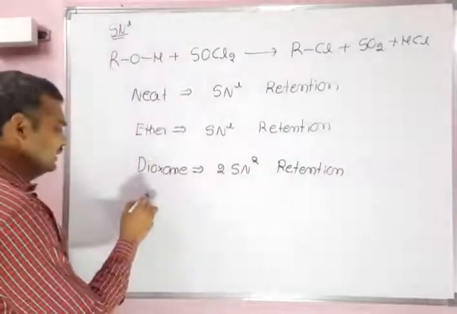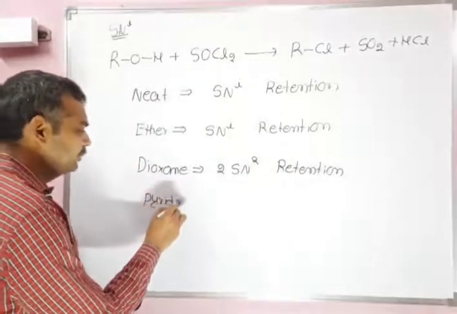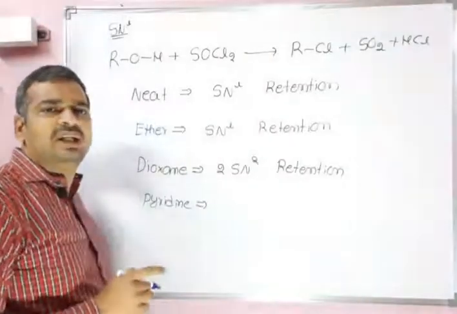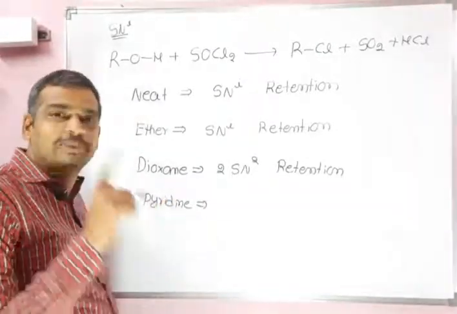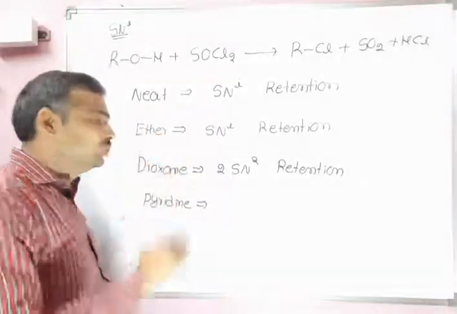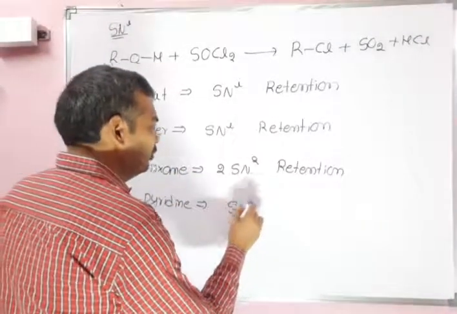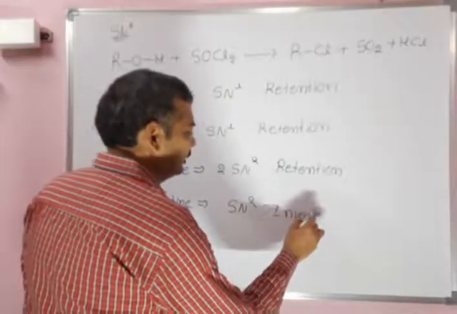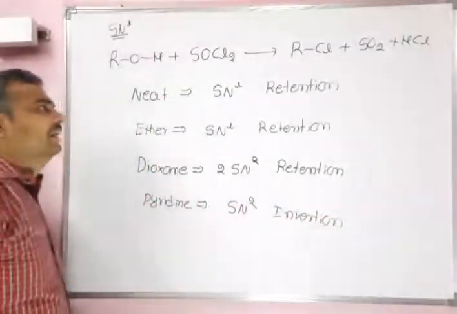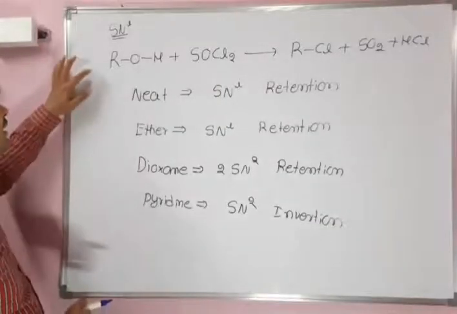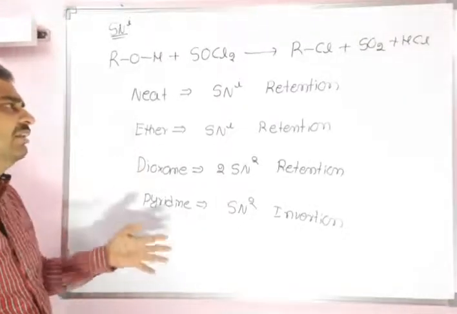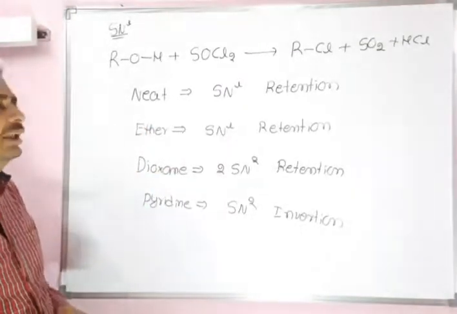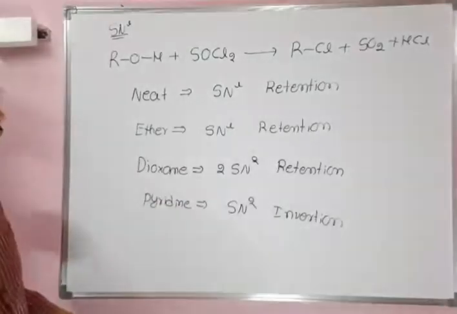If you use pyridine as a solvent, pyridine combines with HCl, and pyridinium hydrochloride will be formed. That is a good source of Cl minus ion, which will attack backside with respect to the oxygen of OSO2Cl. We will get one SN2 with inversion of the configuration. Okay, see the SNi reactions in different solvents. The reaction is the same, this is Darzens halogenation. Basically, that is an SNi reaction, but by changing the solvent, the pathway is different and the configuration changes. So, very, very important examples.